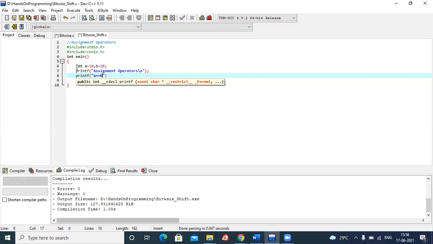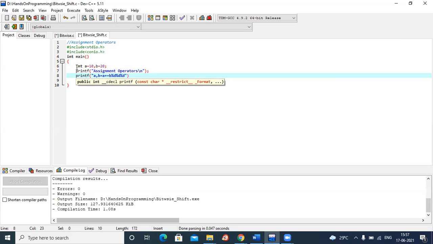Before that I will also be printing the value of a, value of b, and this. How many percentage d's do we require there? Percentage d three times: one for a, one for b, and one for a plus equal to b.